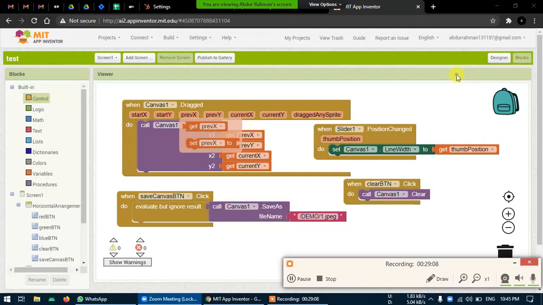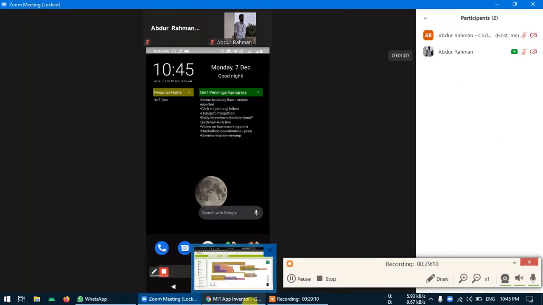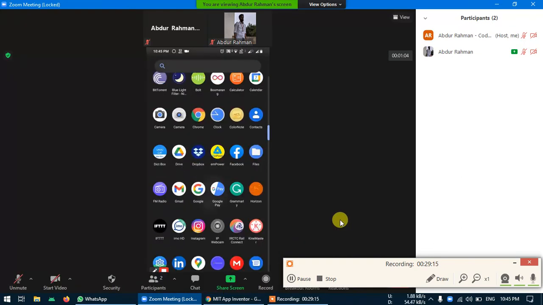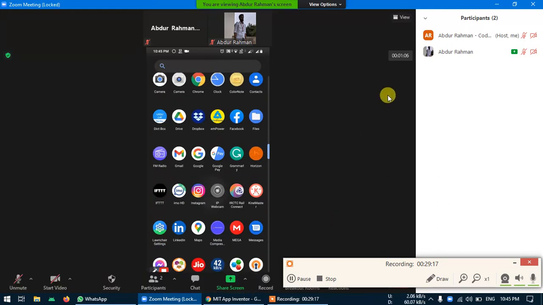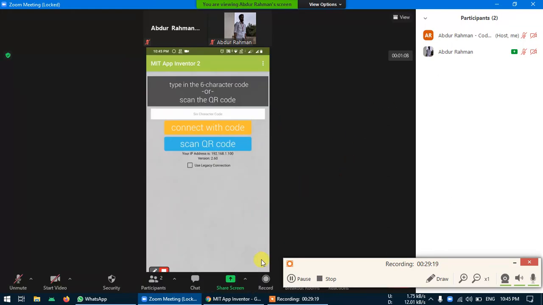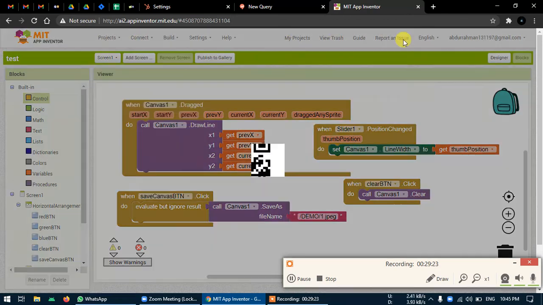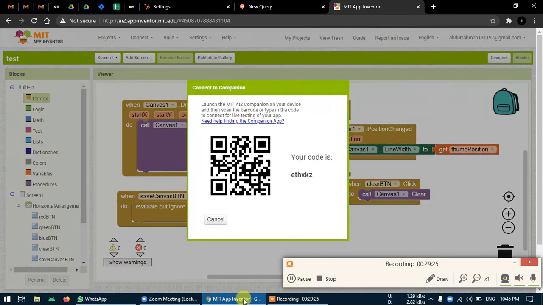Yeah, now I can do one thing. I can just scan the QR code. First, I need to open MIT Companion, and I'll be going to this screen, Connect with AI Companion, and you can see I'm just scanning the code here.